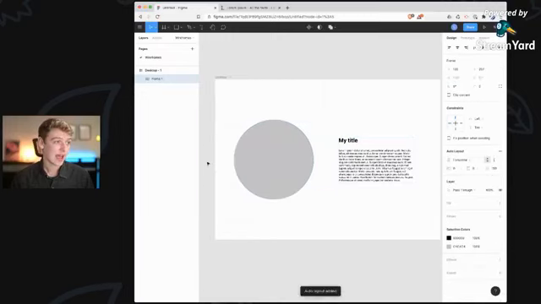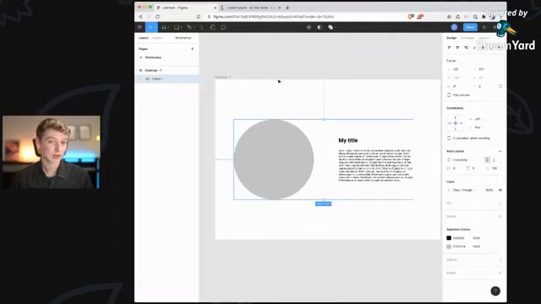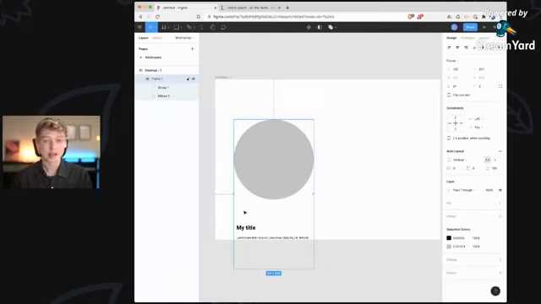We're going to come down and say Add Auto Layout. Now you'll notice it creates this little frame here, not to be confused with a canvas. That's why I call them canvases. But you'll see that it automatically creates two columns. And now we have this new auto layout here on the right. And you'll see it automatically put horizontal, because it could tell I wanted a shape here and text here. But if for some reason you wanted the text above, you could say vertical, and you'll see it automatically switches